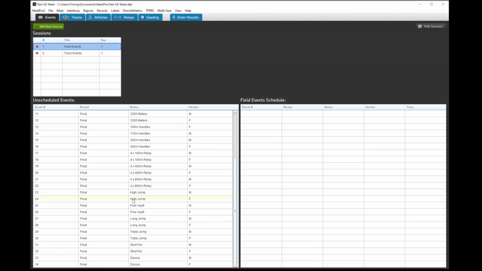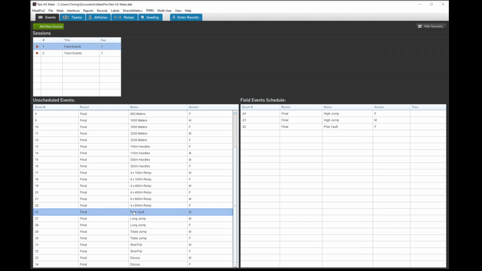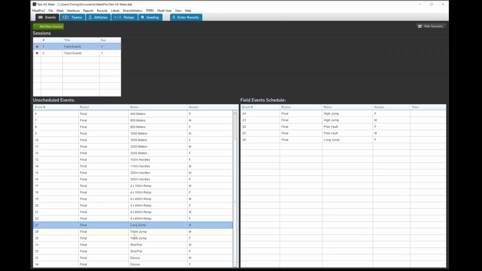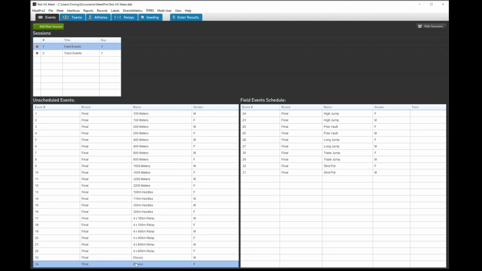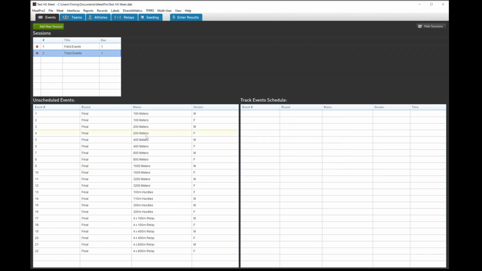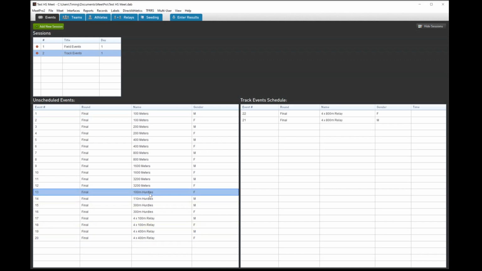And I'm just going to come down and really quickly go through the field events. I don't notice this being an issue that we don't have them in the correct order, but when you send the file over to FinishLynx, it's very, very helpful to have the races in the correct order that they're actually going to run. The way that you do this with most meet management programs is to set up a session. So where I am, we are going to run the 4x8 first, and then we're going to run the hurdles,